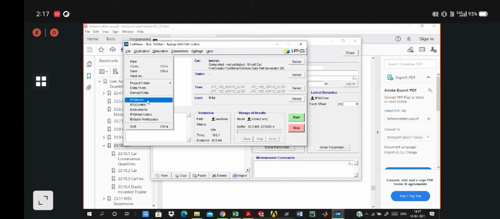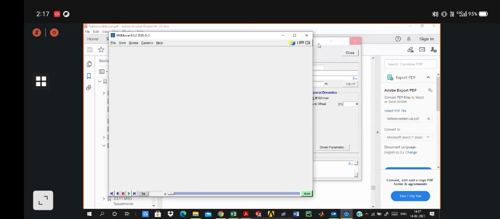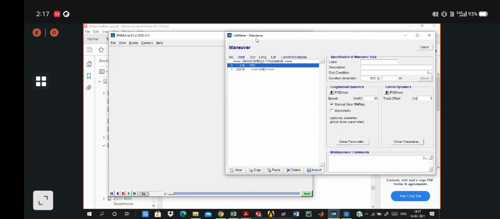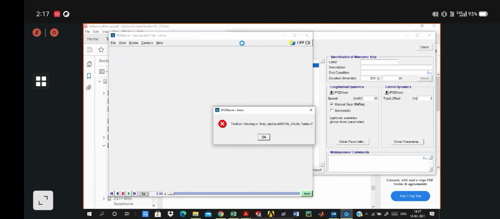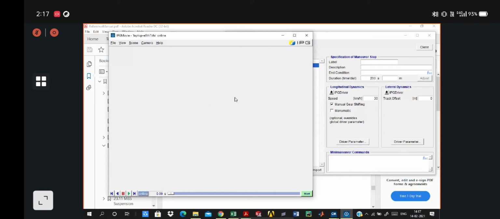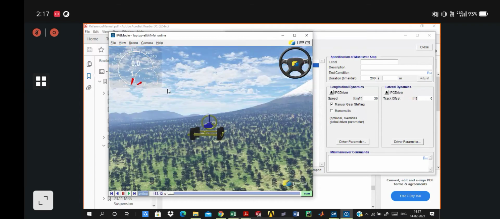You can see your vehicle running on the track that you have already designed or defined in the IPG car maker. So coming to the IPG movie, this is the tab of IPG movie, which I suppose you have already seen earlier in these 4-day sessions of IPG car maker.